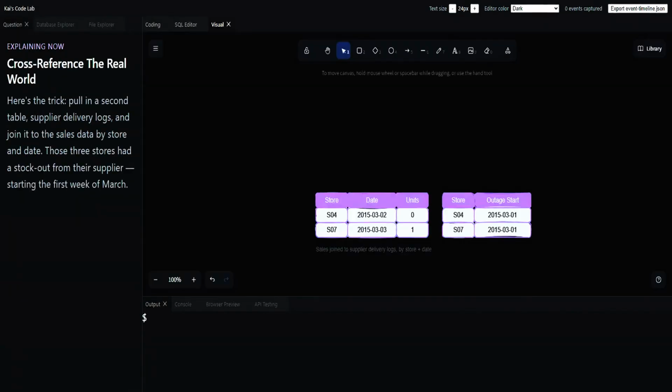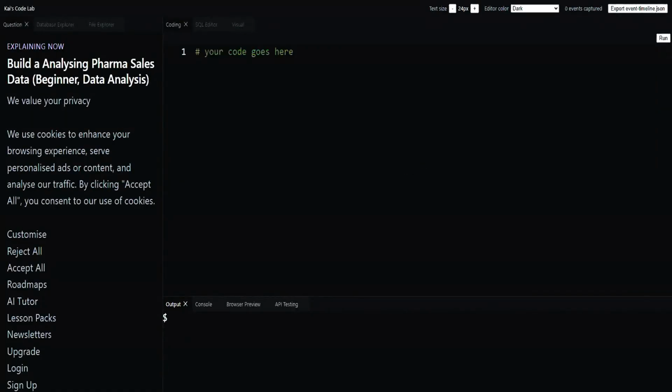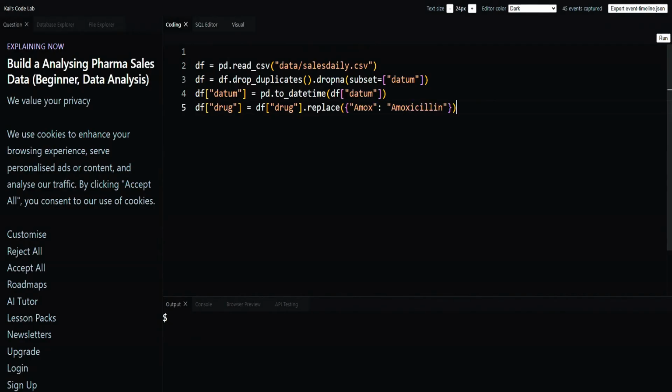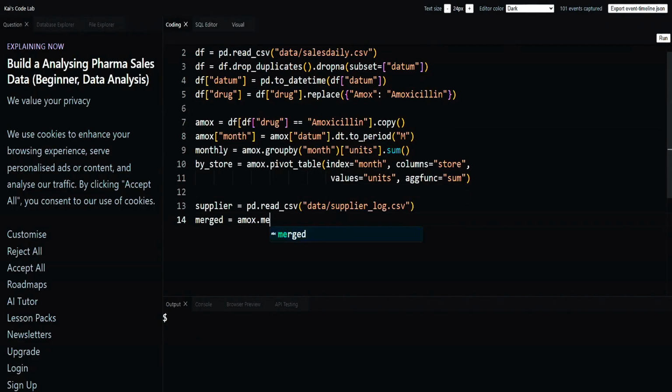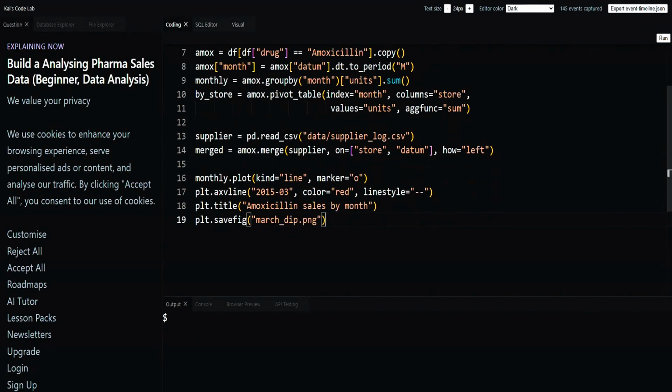Here's the trick. Pull in a second table, supplier delivery logs, and join it to the sales data by store and date. Those 3 stores had a stockout from their supplier starting the first week of March. A correct finding buried in a Jupyter cell doesn't change anyone's mind. A clean chart does. This is the whole pipeline together: load, clean, group, segment, join and plot, ready to hand